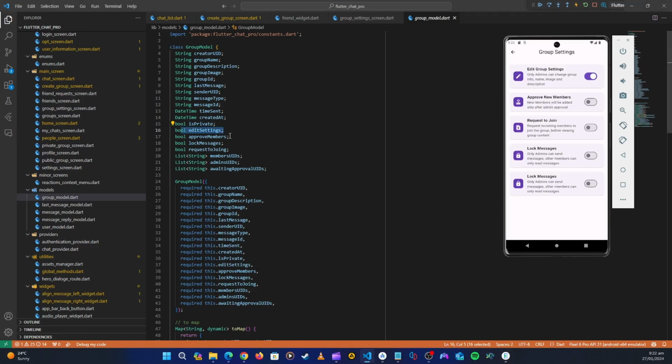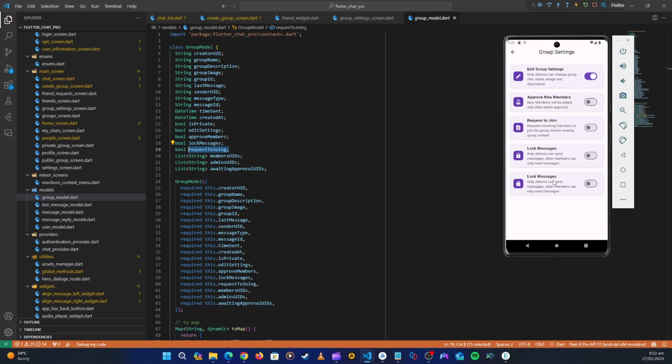So edit, approve, lock, and then request to join. This is edit, approve, request to join, and then lock messages. Right, so this last one, I think let's put not this, let's put the